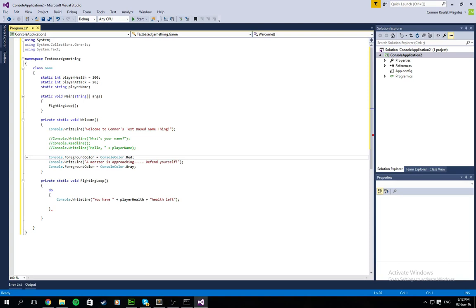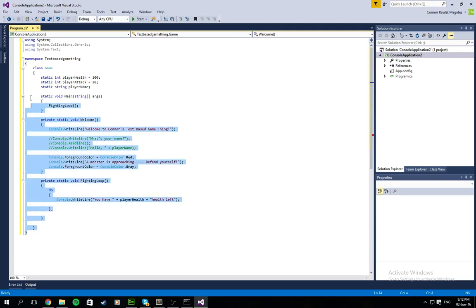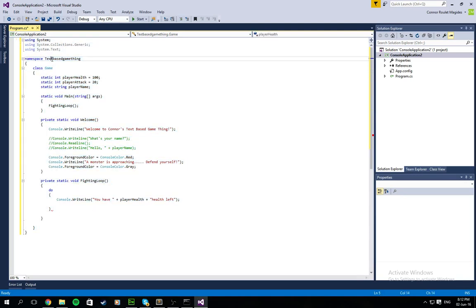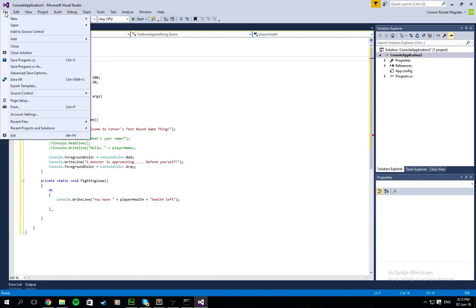Alright, so I apologize for the mic quality, but essentially I'll be teaching you the basics of C Sharp and also how to create a text-based game in C Sharp. So I'm using Microsoft Visual Studio. This is because I'm on a PC. If you're on a Mac, I recommend Sublime Text. But essentially,